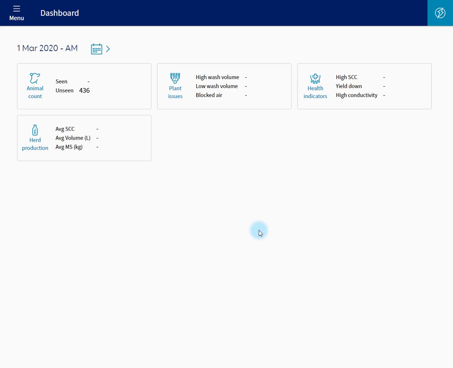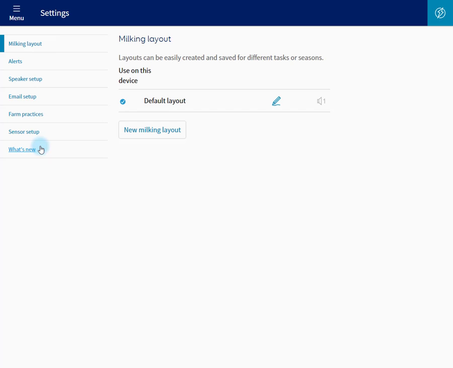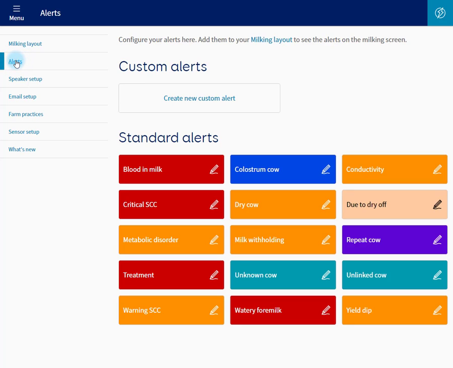With a Protrack ID system, you can be alerted to animals as they enter the shed. To set up alerts, click on Menu, Settings. First of all, you'll need to set up the alerts, and then later I'll show you how to add them